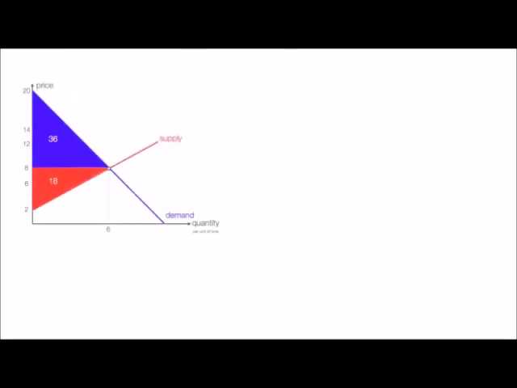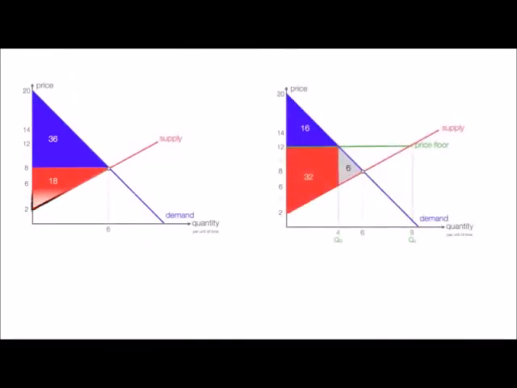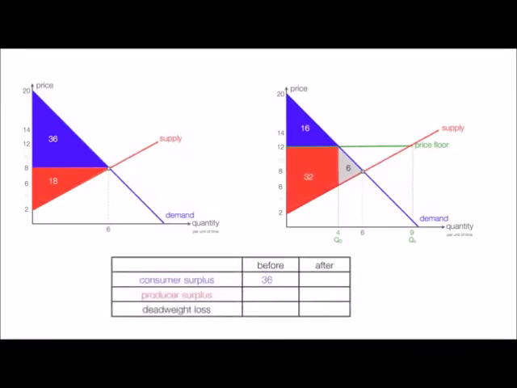Now it's important to compare before and after a price floor. So producer surplus plus consumer surplus added together is equal to the area of all that part, the blue, gray, and red. Consumer surplus before is 36, and it's 16 after, so there's a loss to consumers. Producer surplus is 18 before, and it's 32 after, so producers gain. There's no deadweight loss before the price floor, and the deadweight loss after is 6. So there's a loss to society. So clearly, producers gain from a price